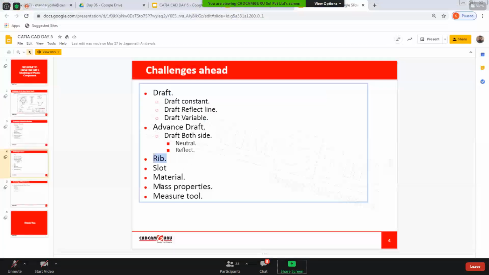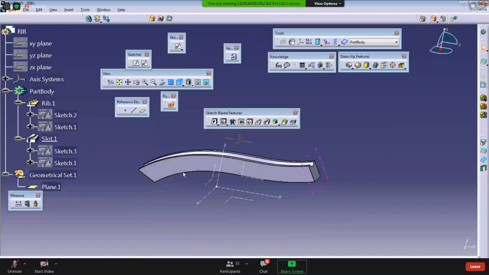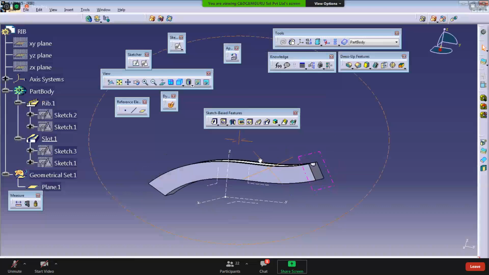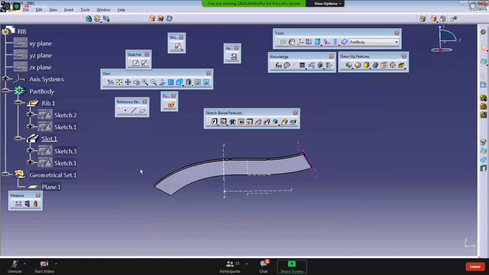Now I think yesterday we already discussed material and how to assign it. Can anyone tell? Just revise that. You want to check the mass of this object. Then what to do?